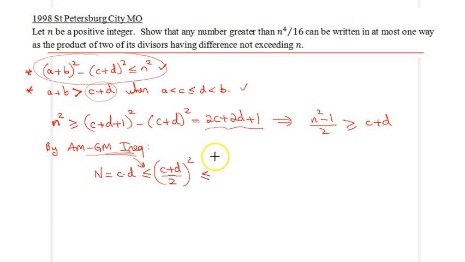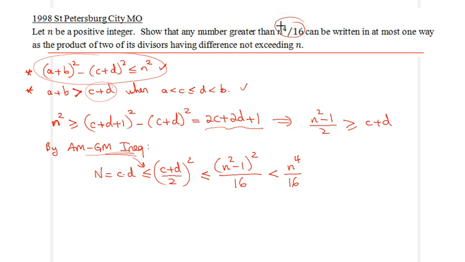Therefore I can replace c plus d with n squared minus 1 over 2, but then I have another over 2 and then a square, so therefore what I will get is n squared minus 1 squared over 16. But that's obviously strictly less than n to the 4th power over 16,